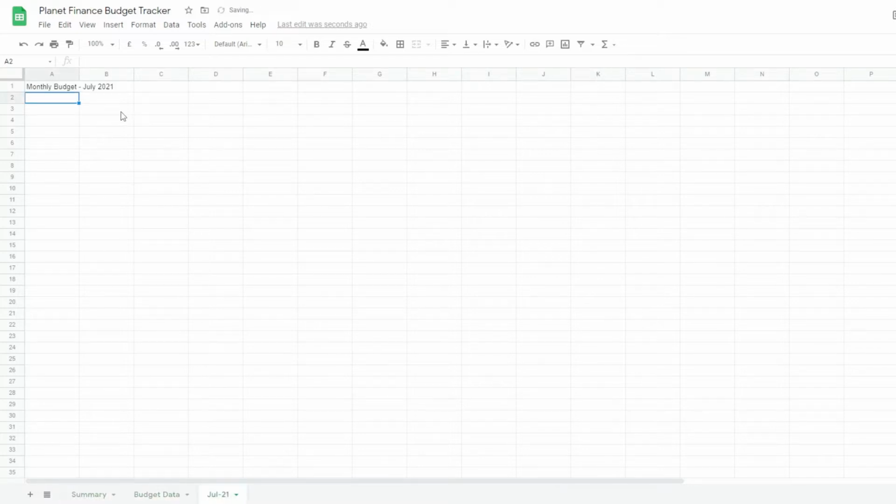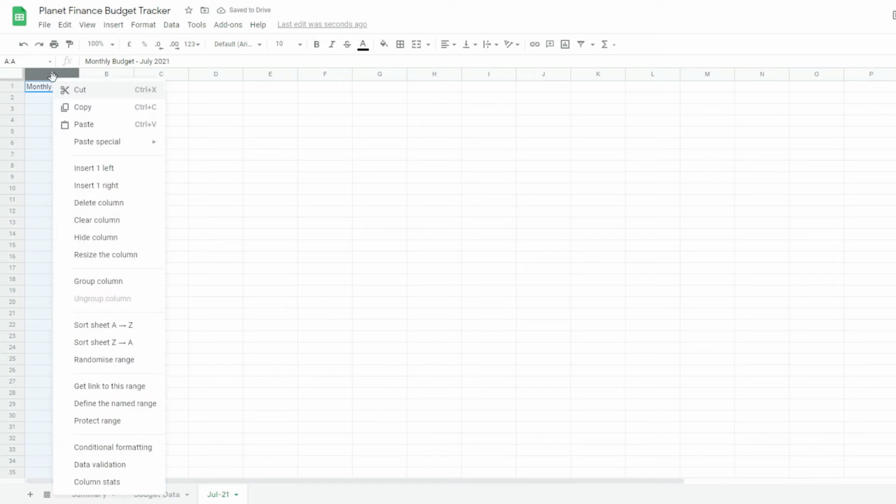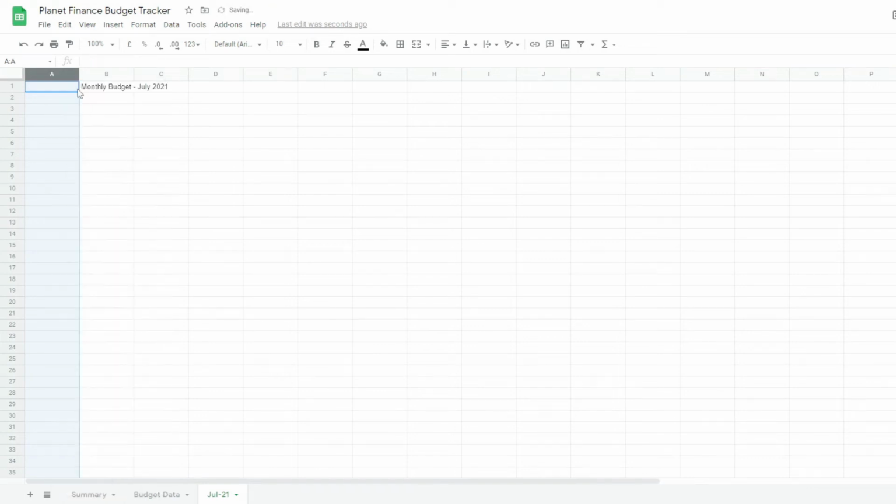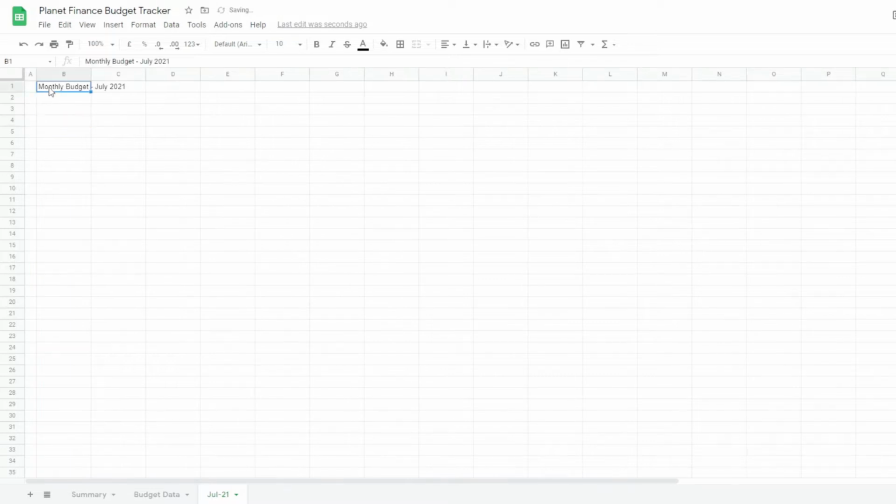Okay, so back to the July one. First we're going to open up one more column here to the left. I always like to keep the column A empty, just for aesthetic purposes. But anyway, we're going to go to row 3 and write the expenses chart. So expenses. I'm going to write down the category,